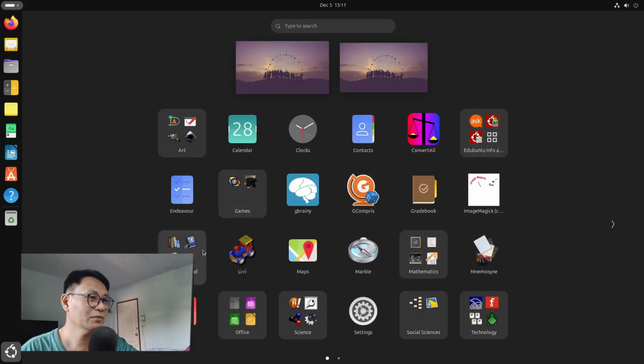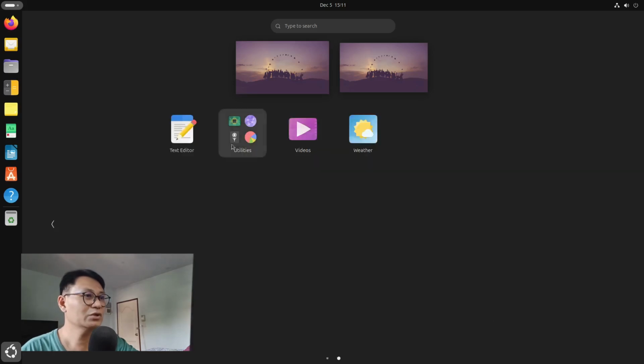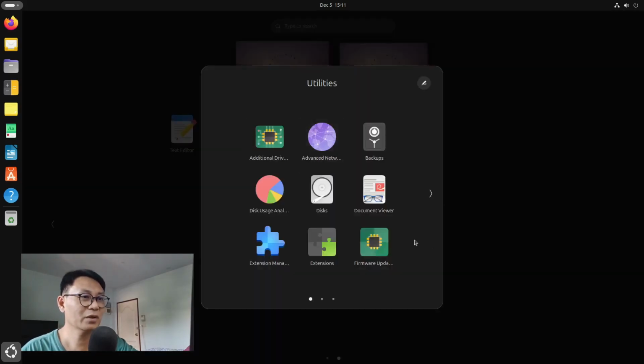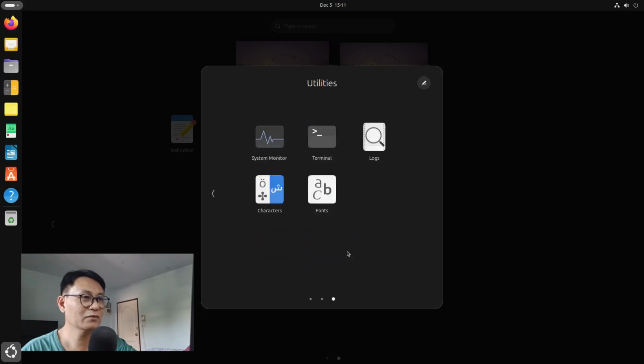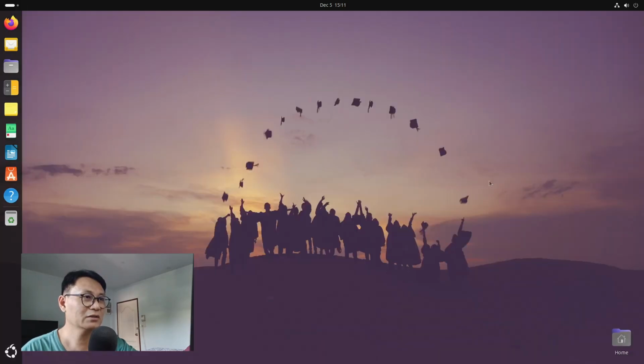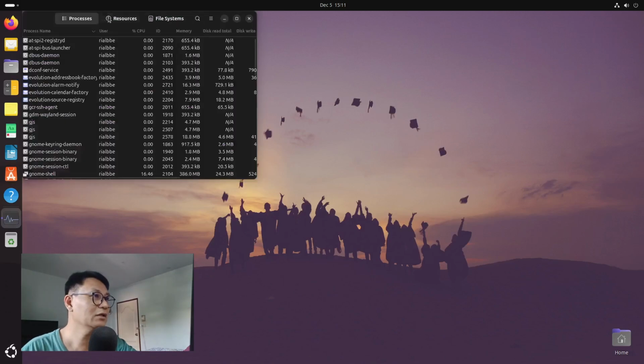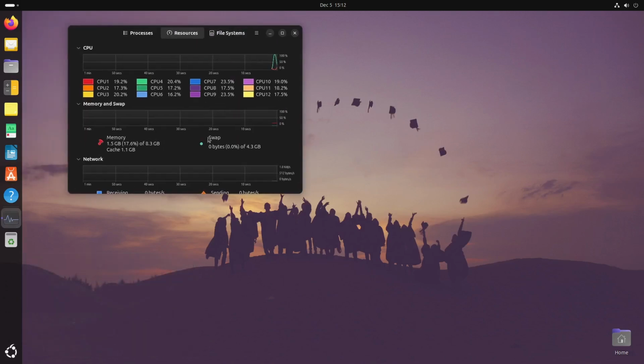We have the games. We also have the category of language and learning, mathematics, office, science, social science, technology and utilities, where you could see all those stuff, even using the extension manager plus the disk analyzer. So you have all of this right here, and at the same time we have the resources